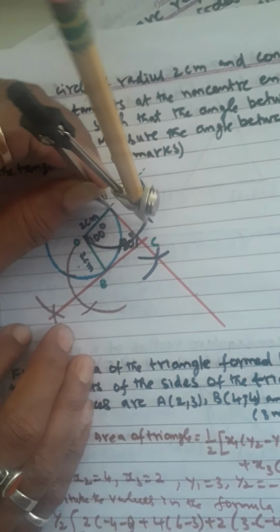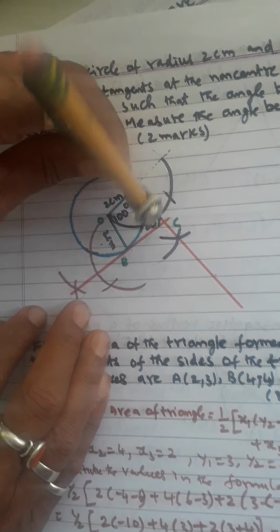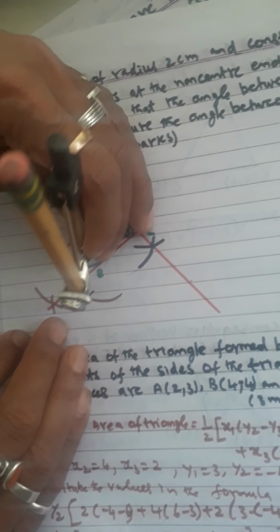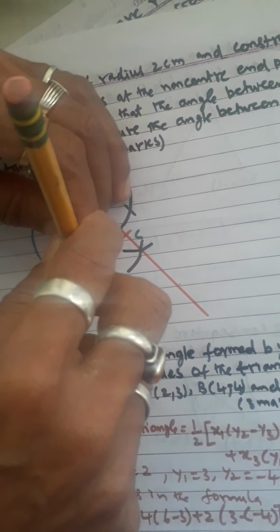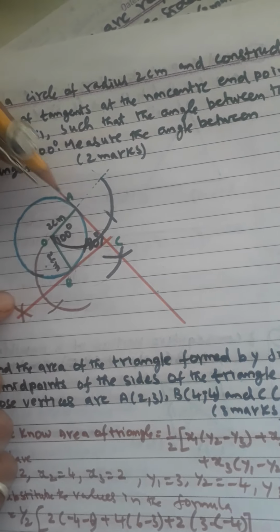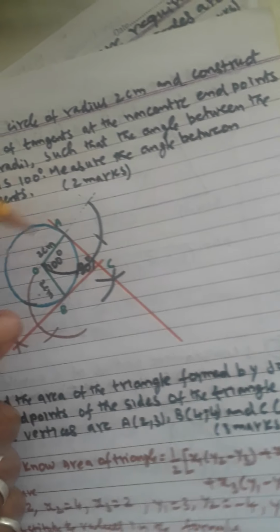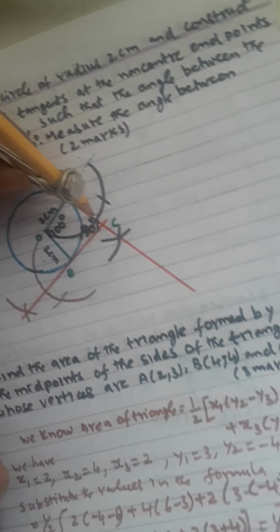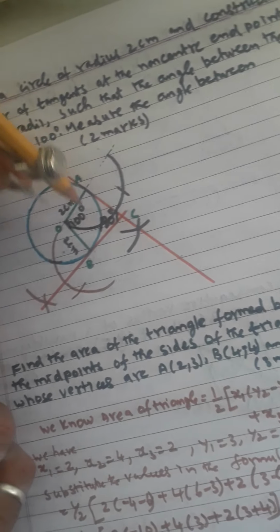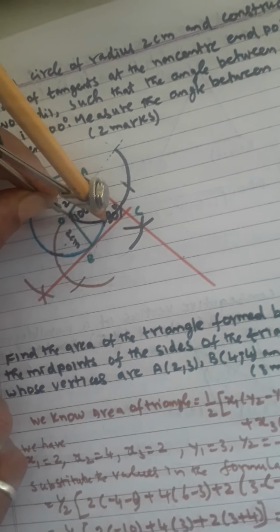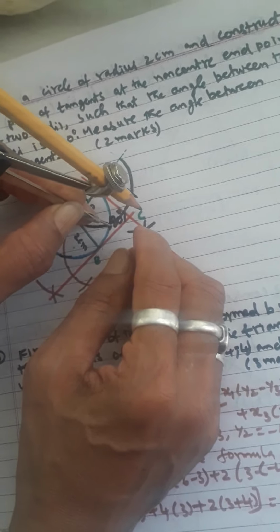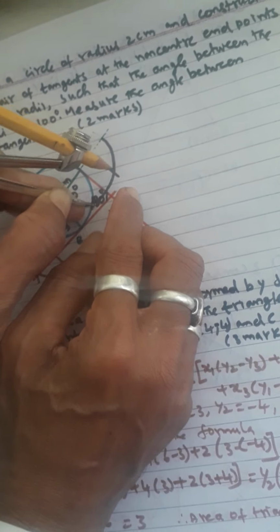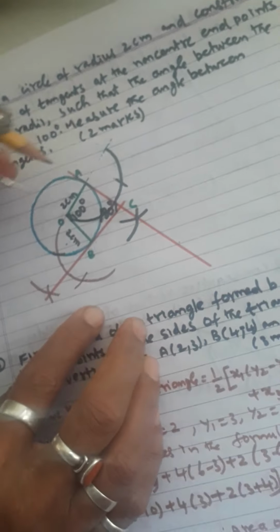Okay, so that's one semicircle you draw, like this semicircle you draw. Like that, here also draw a semicircle. Okay, so after you have drawn that A point and B point, now what you have to do: don't change this radius. Whatever 2 centimeter you have taken, that same 2 centimeter you keep. Now from here to here, one arc you draw, and it will cut on the same circle only. Then from here to here, another arc you cut. So there another arc will get cut also.